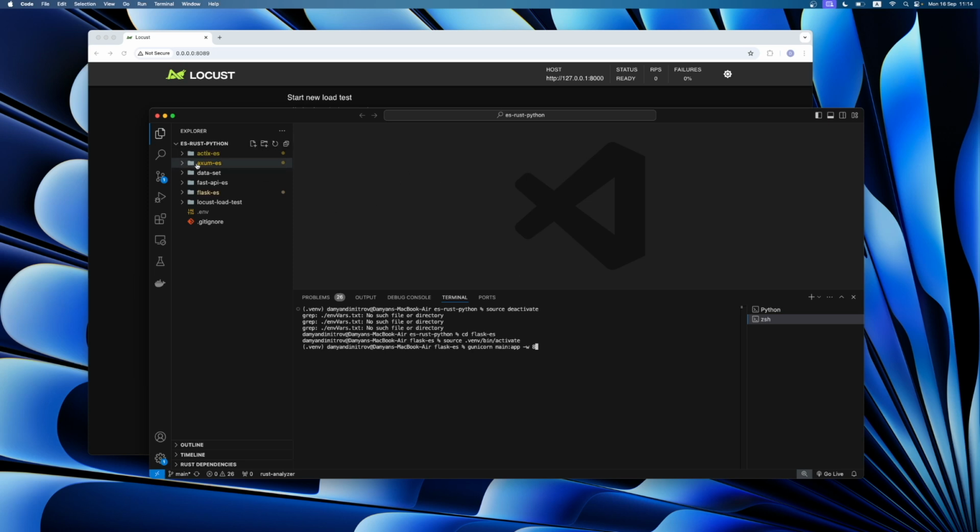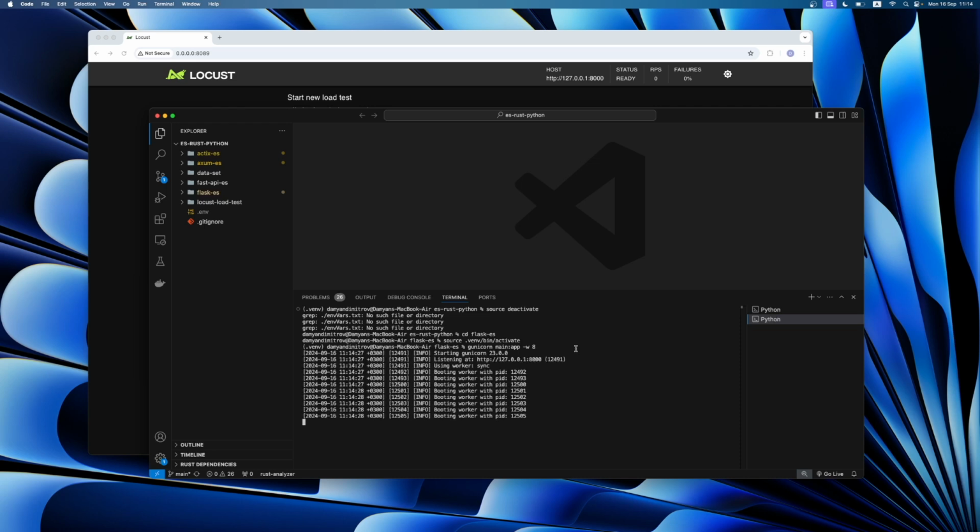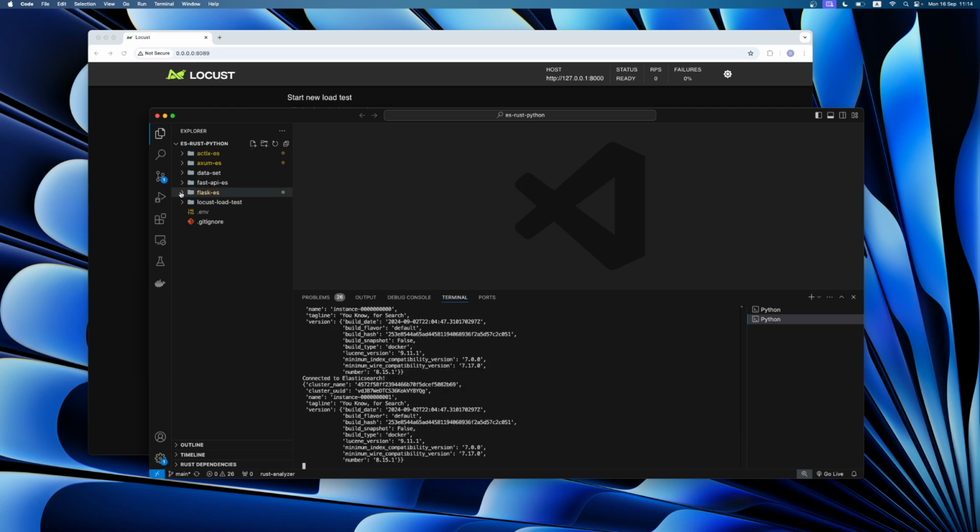Actix and Axum by default start processes equal to the number of cores. For that, for Flask and for FastAPI, I will use 8 workers. Okay, I started them. Let's briefly show the